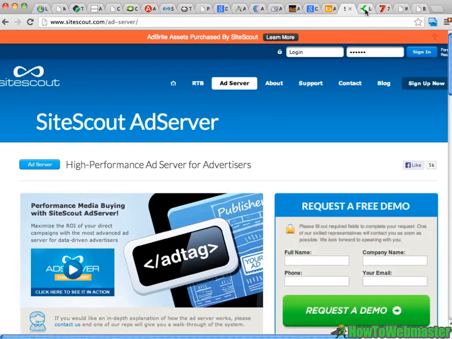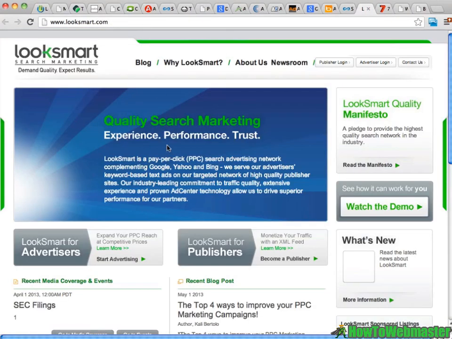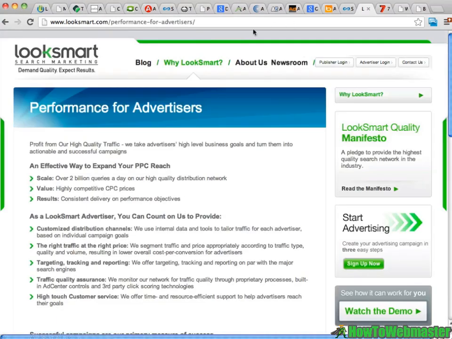Now, one more primarily PPC advertising service is going to be Looksmart. Looksmart has a lot of different ad types. They do different types of advertising, and you can just click on Looksmart for advertisers, and they're going to give you a breakdown of what their service offers.